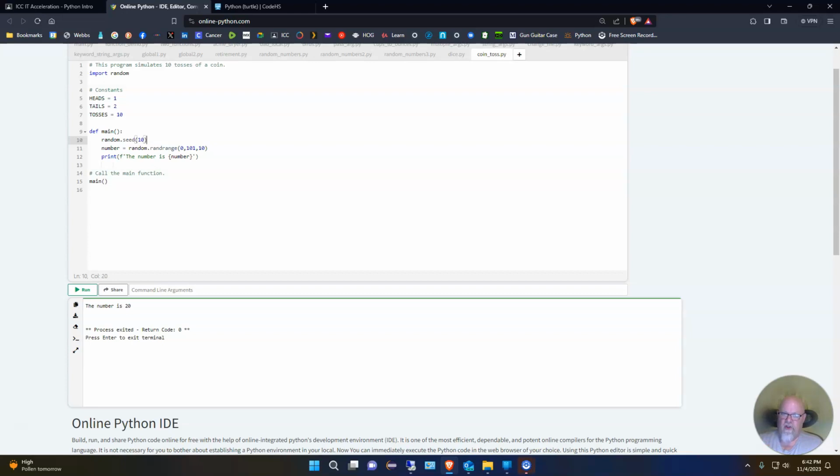You probably wouldn't want to do that if you're truly wanting to get a random number, because the seed it uses is the system time from the computer's internal clock. So we're talking about milliseconds that it's utilizing to grab that random number, which is truly a random number. If I seed it, that basically says, always start from this seed and then continue on. So there may be some applications in which you want to always generate the same sequence of random numbers. If that's the case, then you want to call the random seed function